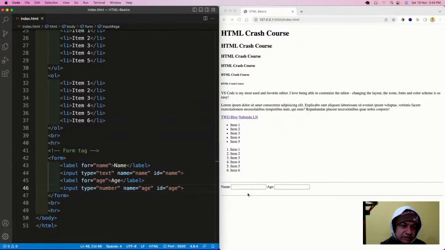Even when you go inside Facebook, what is a form used for? A form is used to take data from the user and send it to the backend. How it is sent to the backend, all those things we tell in our JavaScript. For that you need to know JavaScript, so it will not show any error.